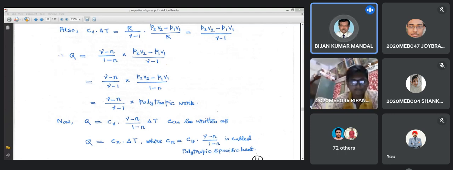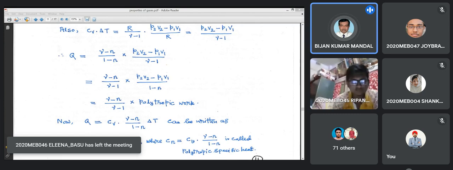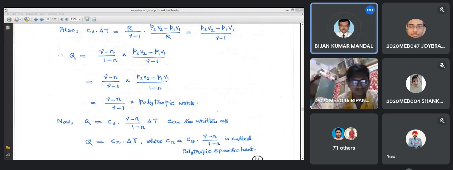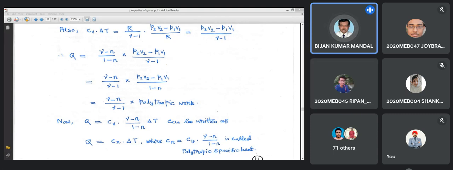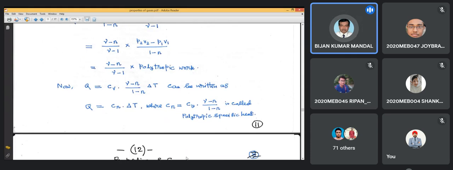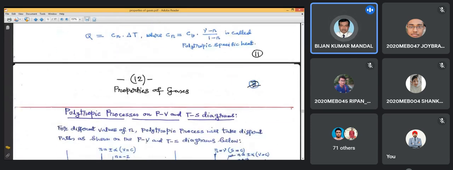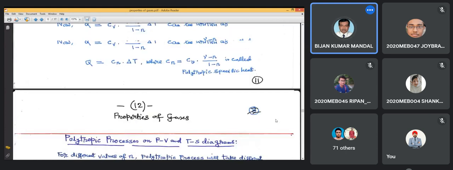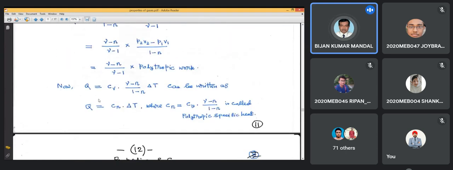Okay, fine. Now you can go off, because for a long time you have been in front of the camera. You can put your camera off also. Thank you, sir. Today we have got up to this, and then we'll see how we compare all these processes. A few more pages are there, but the time is up, so let's see.